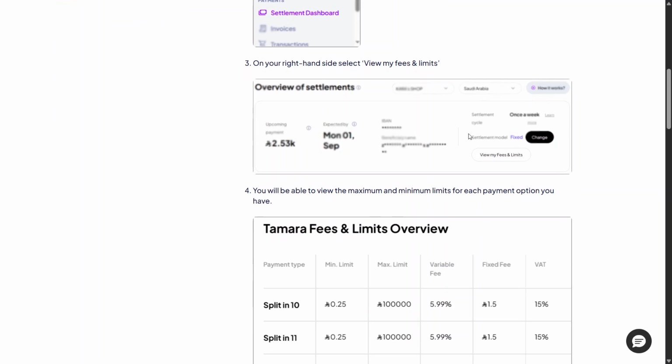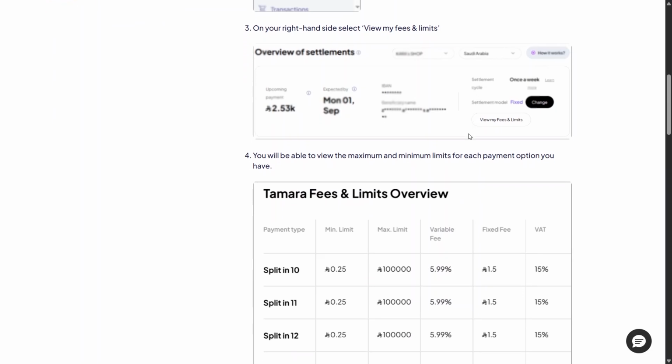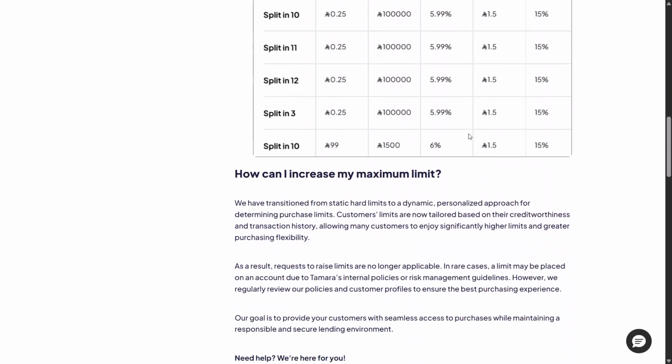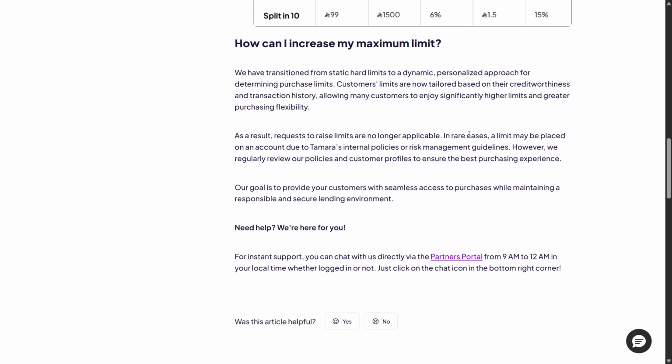If you're wondering whether you can increase your Tamara limit, Tamara now uses a dynamic and personalized system instead of fixed limits. This means your spending limit is automatically determined based on factors such as your creditworthiness, account activity, and transaction history. As you continue using Tamara responsibly and build a positive payment history, your available limit may change over time. In some cases, limits may be restricted due to Tamara's internal policies or risk management requirements. Tamara regularly reviews customer accounts and updates limits when eligible, so there is no separate request process to manually increase